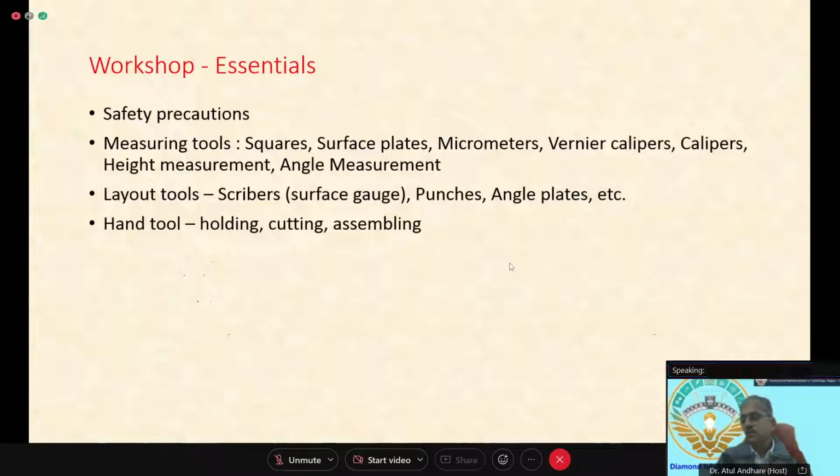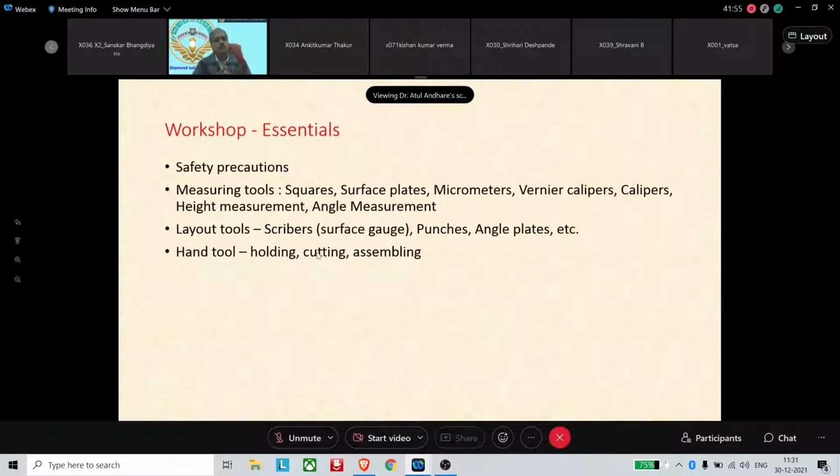Now, when you are working in the workshop, there are certain precautions, certain safety precautions. And again, you can refer to any workshop technology book, or you can refer to any internet source. Basically, the precaution that you take or follow, as I said, welding, you have to use welding screen. Then unless you know the machine, now you are not coming to the shop floor, so you are not operating any machine. But when you go to shop floor, unless you know perfectly how to operate a machine, how to stop it, how to start it, don't